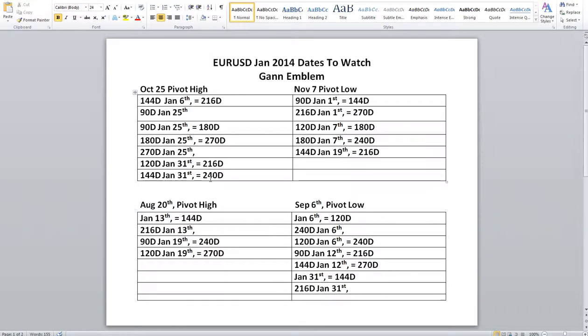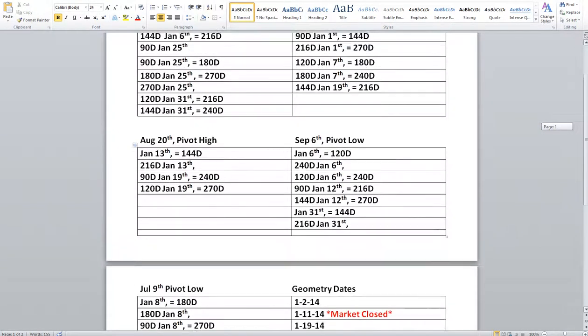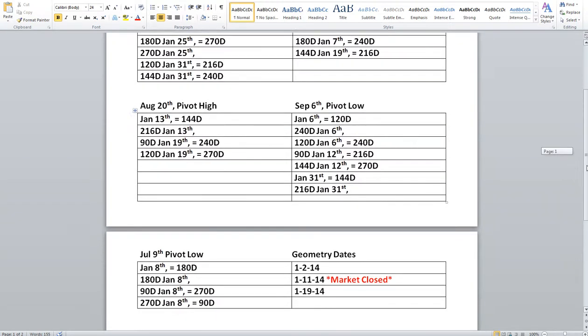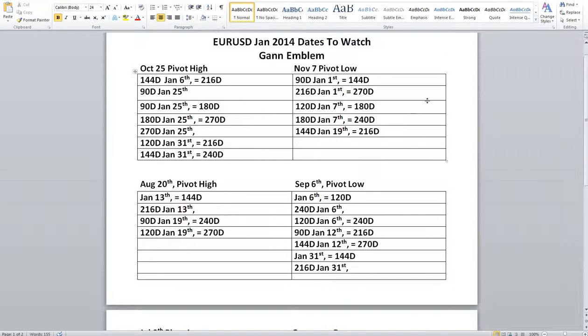Before I do that, on my Gann emblem, I think the next date that we have to watch will be the 12th. There's a date here, the 13th, and the 12th is nothing major either. It's just only two vibrational days connecting. The big ones were the 6th and the 8th, and the 25th coming up, a couple of days from now. But I don't think anything is going to be interesting until maybe the 25th or so,